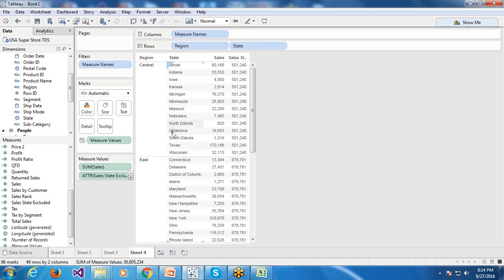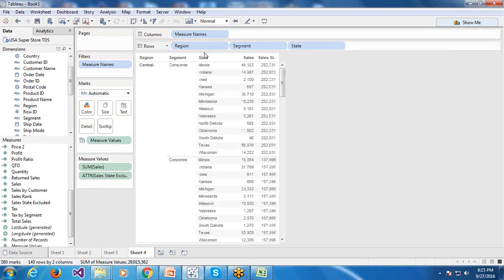But we can also consider computing this at fixed region, right? Again, it depends. In this case we can say fixed region sum of sales or exclude state sum of sales. But let's say there are different granularities. Let's say